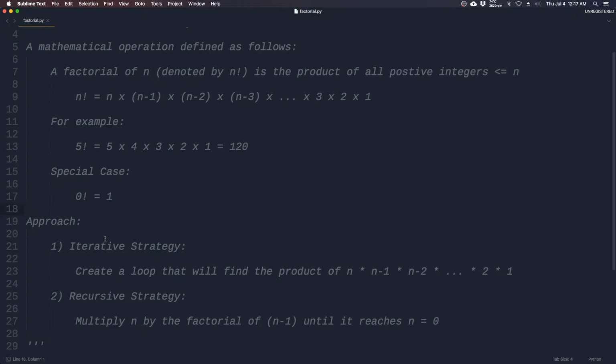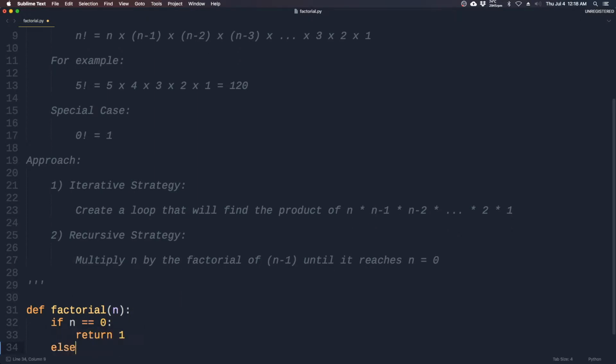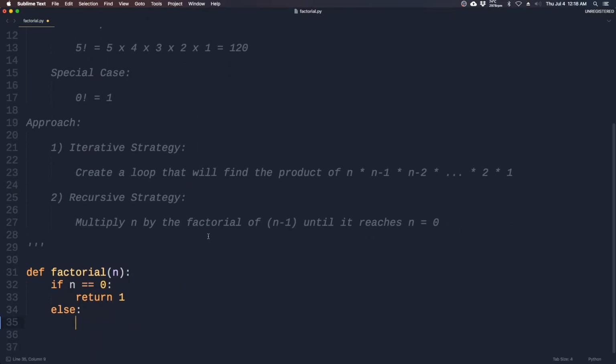Let's start coding the iterative strategy. So first we make a function. So the first case is if n is equal to 0, we simply return 1. Else, we create an answer which starts from 1, and we create a for loop from x in range of 1 to